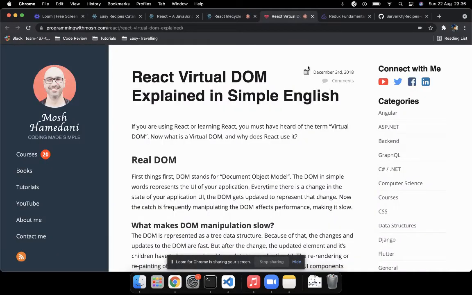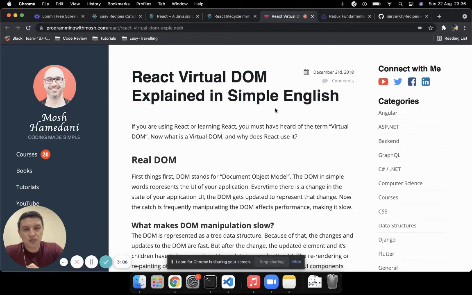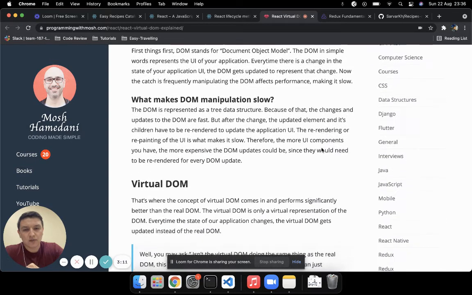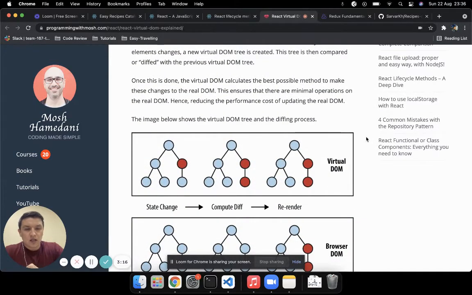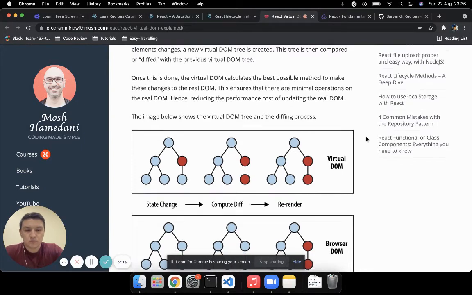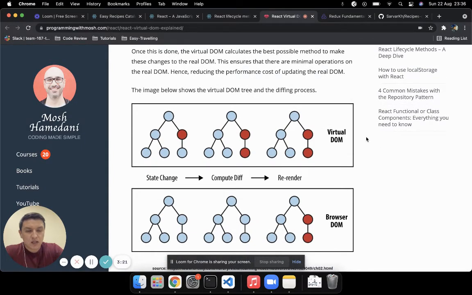All right, now let's open this page. It is about the React Virtual DOM. Okay, let me move to the diagram here. Why is the virtual DOM so important? First of all, let me briefly explain the real DOM so you guys can understand it better. The browser DOM, or real DOM, is